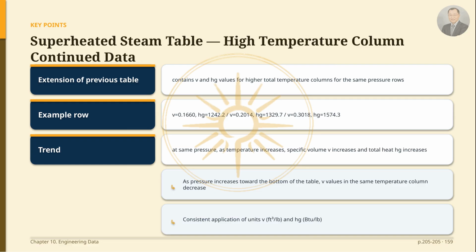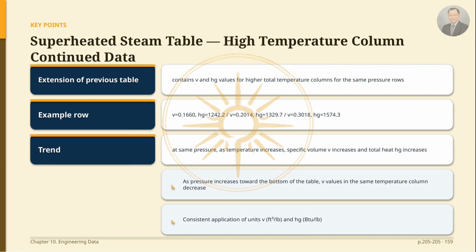This section continues the specific volume and enthalpy values for higher temperature ranges for the pressure rows we saw previously. For example, it lists values such as a specific volume of 0.1660 with an enthalpy of 1,242.2, 0.2014 with 1,329.7, and 0.3018 with 1,574.3. At the same pressure, as the temperature increases, the steam expands, so the specific volume and enthalpy tend to